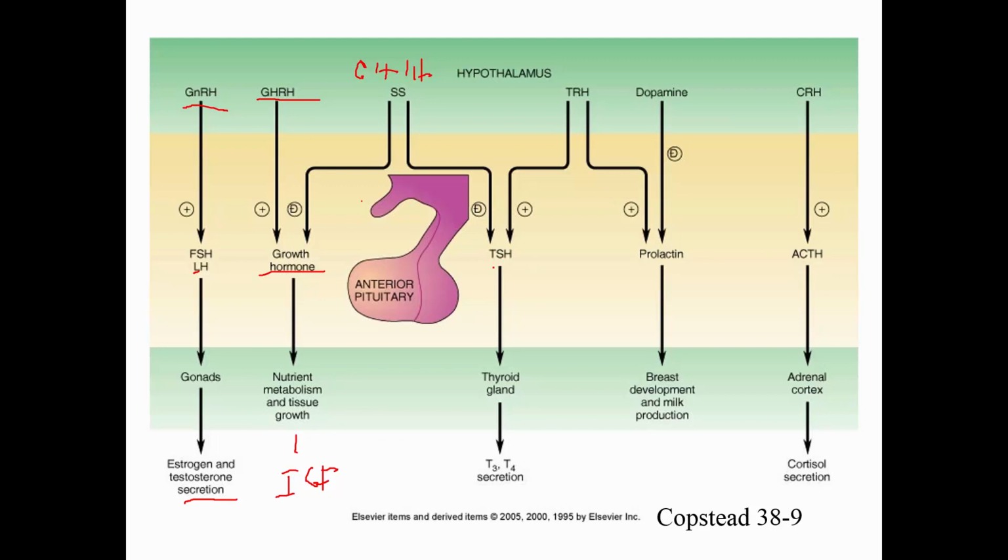So again, we want to be able to shut the system off so that growth is not uncontrolled. Somatostatin has an effect on thyroid stimulating hormone, but here is the hormone from the hypothalamus. Thyroid releasing hormone goes through the portal system, talks to the anterior pituitary, which produces thyroid stimulating hormone. That goes to the thyroid gland, and the thyroid gland produces two lipid-soluble hormones, T3 and T4. I'll show you a picture of these hormones, but these are dimers of tyrosine that have been iodinated.